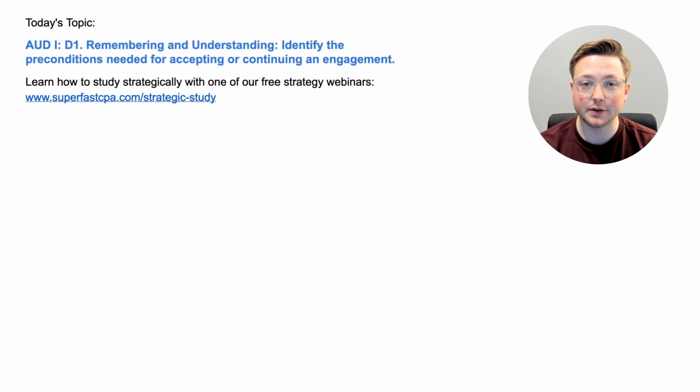I'm Logan, and in today's video, we're going to be going over Audit Area 1, and this is Section D1. This is a remembering and understanding topic. Identify the preconditions needed for accepting or continuing an engagement. And we're going to be doing that the SuperfastCPA way, which is diving straight into the questions to learn the